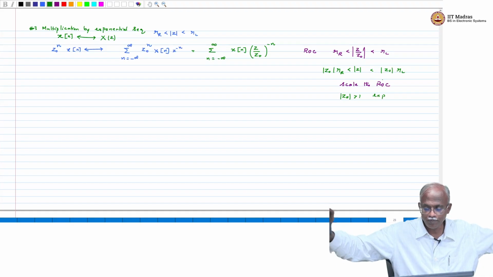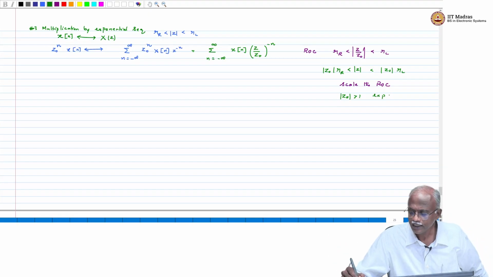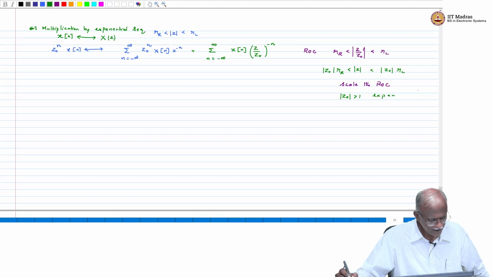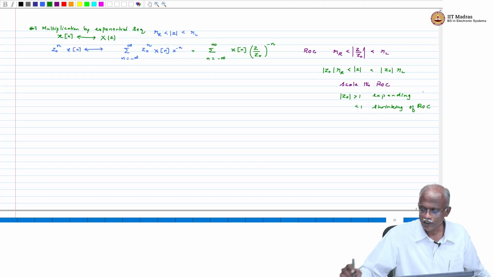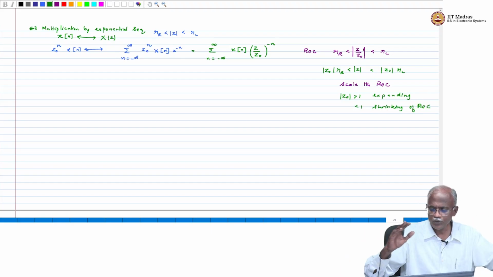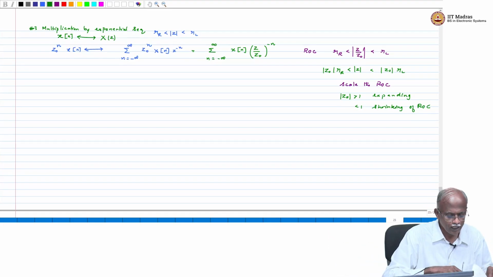Remember, you are expanding the ROC. And mod z0 less than 1 will give you a shrinking of the ROC. So basically this is a way by which we can expand or shrink the ROC,